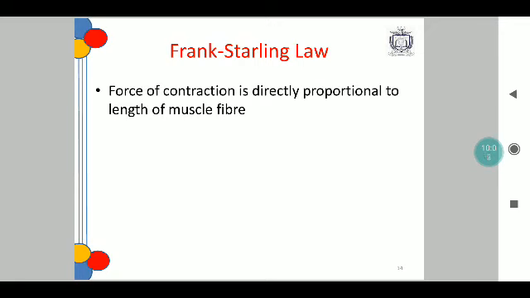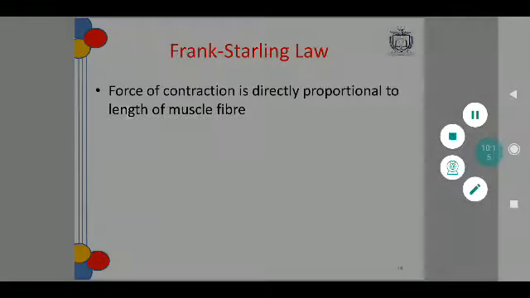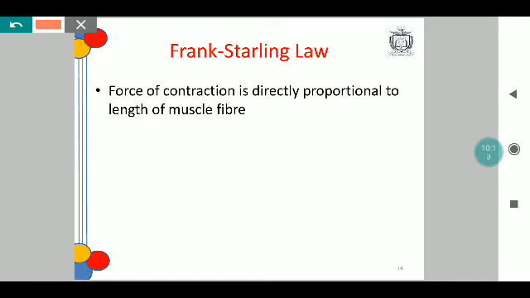Now, moving on to a property called Frank-Starling Law. The Frank-Starling Law states that the force of the contraction of the cardiac muscle is directly proportional to the length of the muscle fiber. So, effectively, what we are saying is if the muscle is, say, this small, the force of contraction, if we do quantify it,